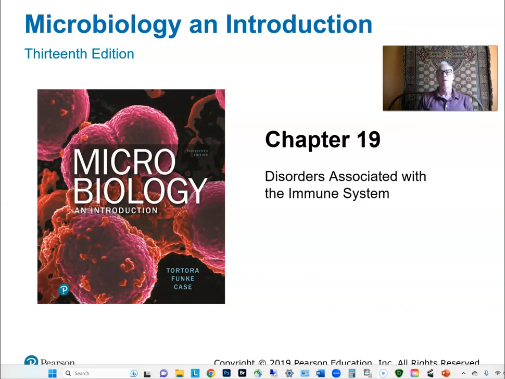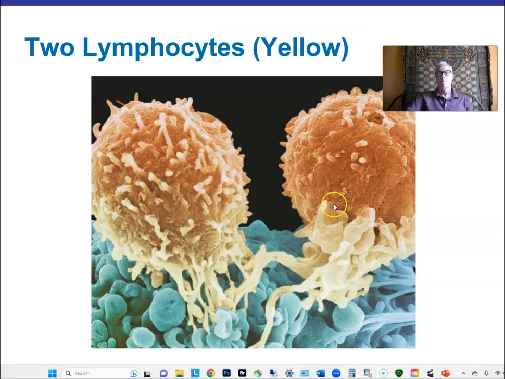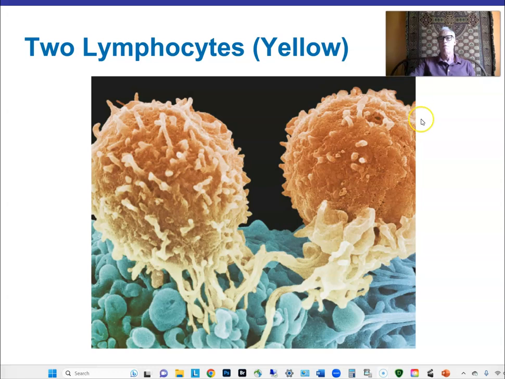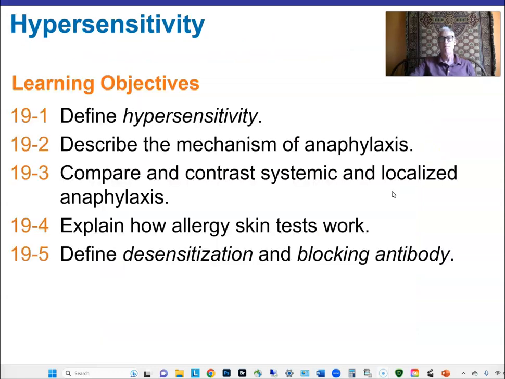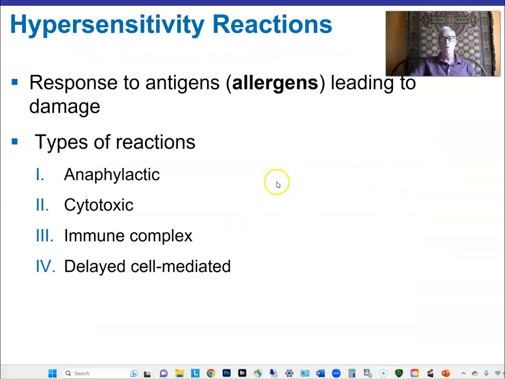Today we move on to chapter 19 in our Tortora microbiology text. We'll be talking about disorders of the immune system. A beautiful micrograph of a couple of lymphocytes there. We'll start out talking about hypersensitivities, when the immune system is doing a little more than we'd like, different